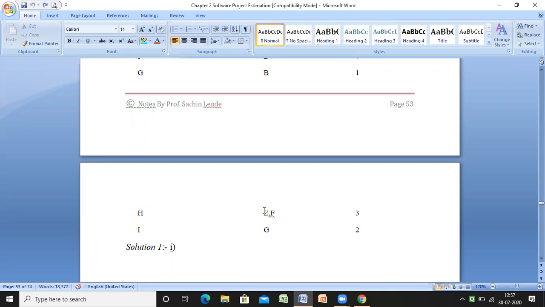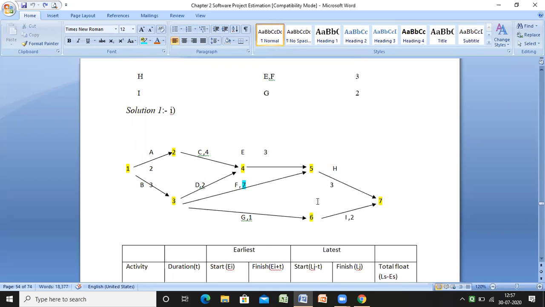Then I have the G, H, and I activities also. H has two predecessors, E and F, and the activity duration mentioned is 3 here. So E and F lead to H. I get another point with that and reach the destination. In this way I mentioned H, and then G and I. These are activities that may have another predecessor activity.